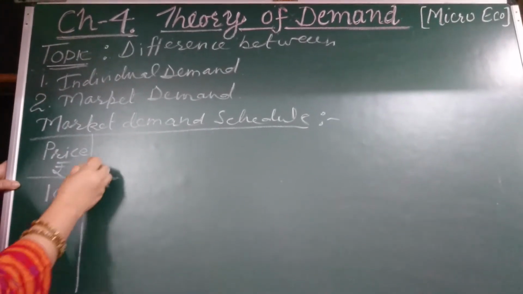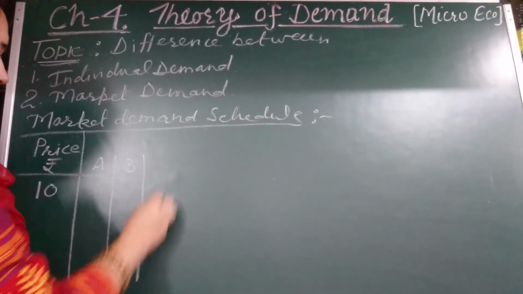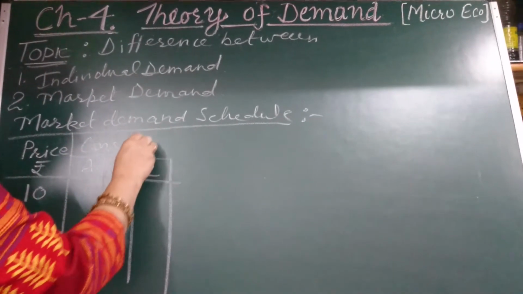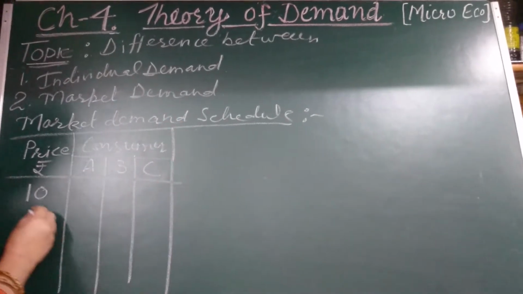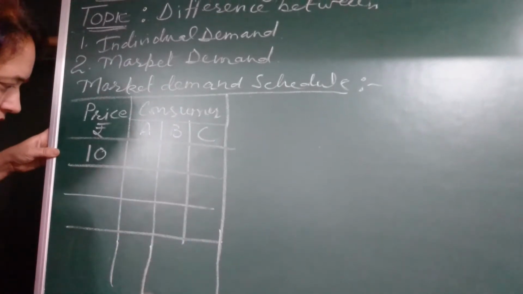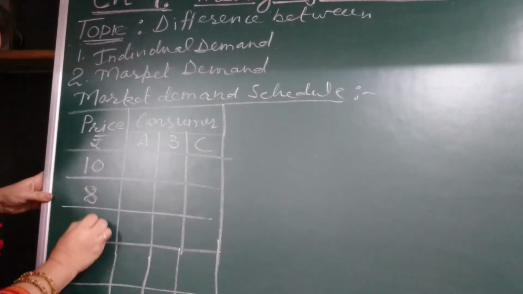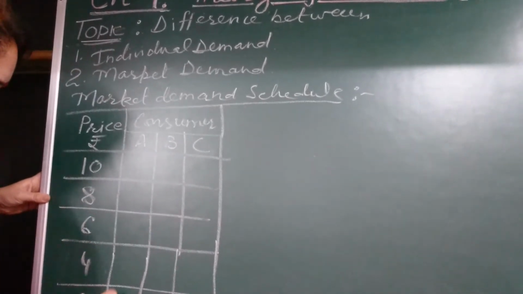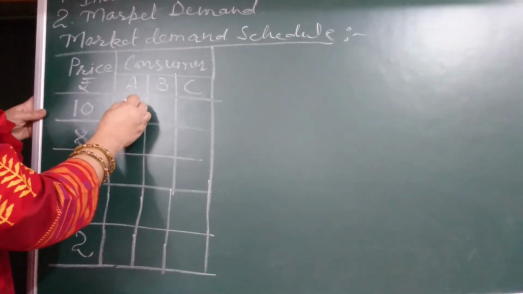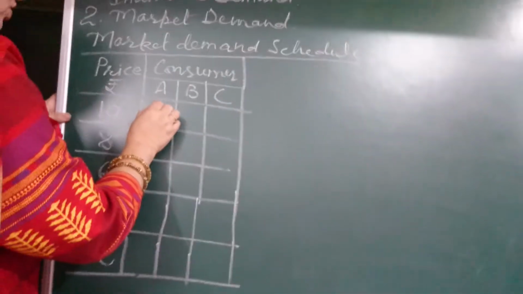at the rate of 10 rupees, A consumer, B consumer, C consumer. These are the three consumers in the market which are purchasing a particular commodity at price rupees 8, 6, 4 or 2. With every decrease in price, demand for consumer will increase. At the rate of 10 rupees, consumer A purchases 2